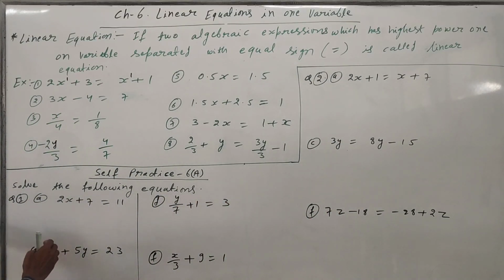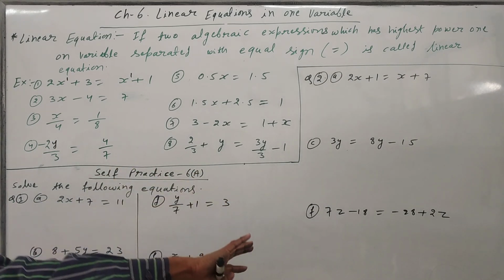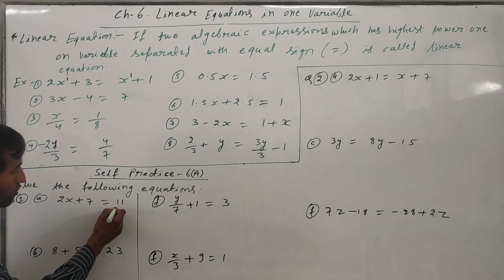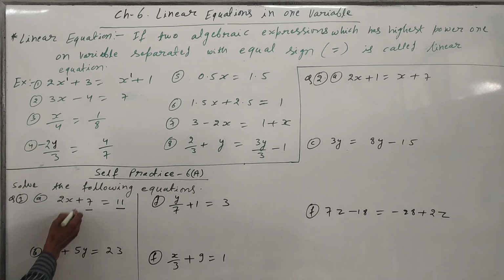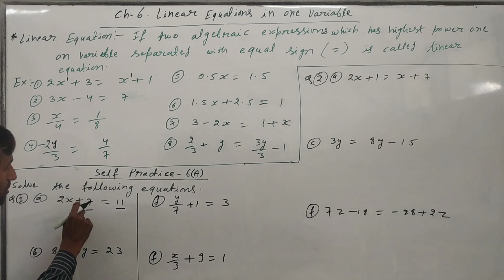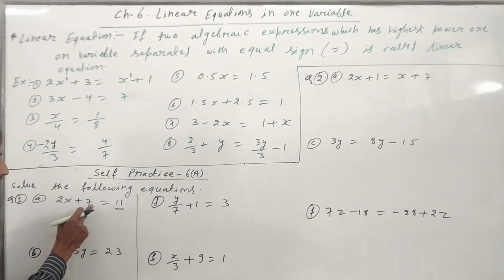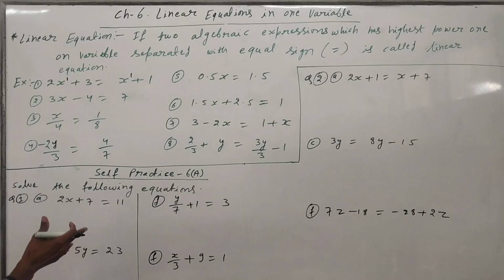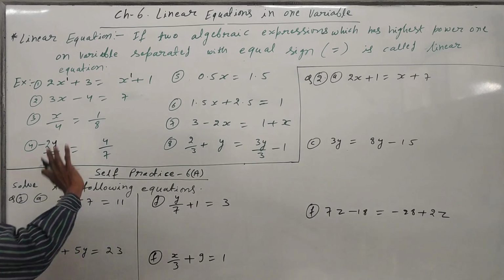Key variable on the LHS side and constants, most of the cases, on the RHS side. So now this one is 2x + 7 = 11. This one is a constant and this one is also a constant, and this one is called the variable term, meaning this one is the variable. So just transpose this 7 to the RHS side. In this case, if we transpose a number or any algebraic expression or any variable, we have to change the sign.